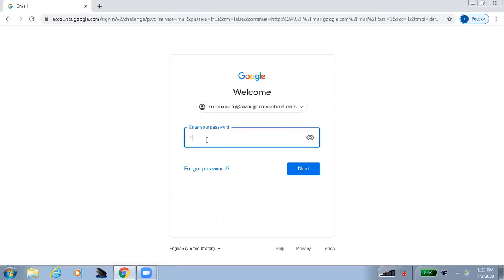And we have the password set the same for all the students for the time being. So I'm just showing you the password. It is capital C, H, A, N, G, E. That is the word change. Then capital P, L, S, and 123. So this will be the same password for all the students for the time being. Parents, please don't change it, and click on next.